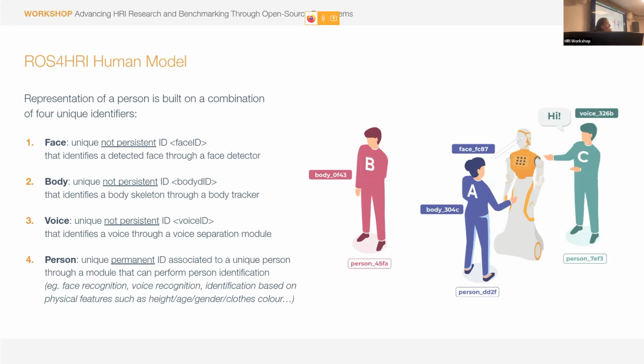These are the three main features that we are tackling for now. And then what we have is a person, which is unique, and this is kind of an abstraction of what a human is, right? So in this scenario over here, we have a robot that is interacting with user A, for instance, and for user A, I can detect the face, I can detect the body. So then these are some IDs about this person, but this person